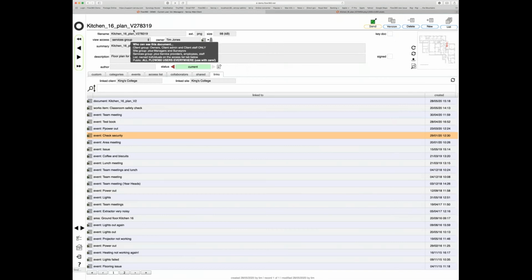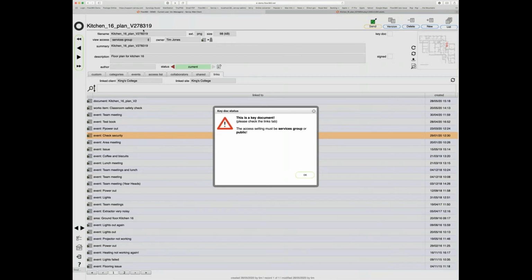I could now say, okay, now I'm going to make this document private. No, I can't do that either. And I can't do that because there are links on the Links tab, and some of those links separately identify this document as a key document. So you can see there are all sorts of controls in here that pretty much ensure if you've said this